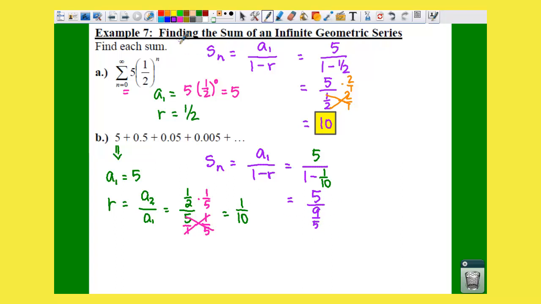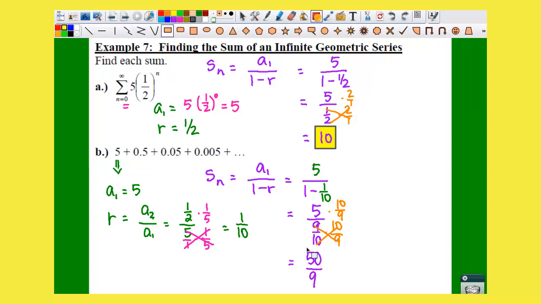So your denominator is not just 9. Don't get too confused here. We're going to multiply top and bottom by 10 over 9. Oh, goodness gracious, that's not a 5. Let me back up. There should be a 10 here. I'm getting confused with my 5s. There we go. So let's multiply by 10 over 9. That looks a little bit better. Multiply the top by 10 over 9, so you can cancel out your denominator. 5 times 10 gives us 50 divided by 9, and you can just leave that as 50